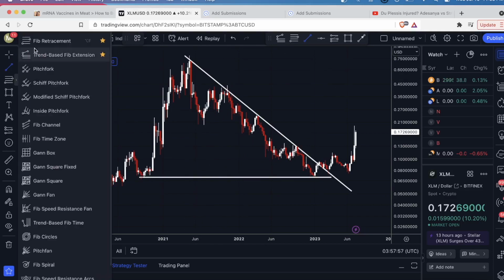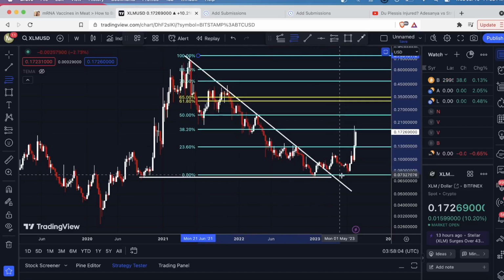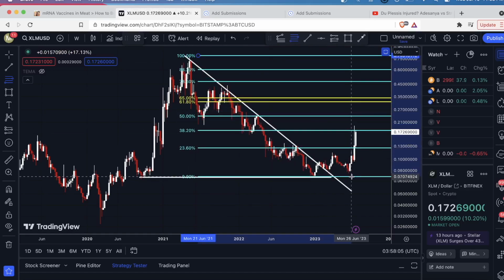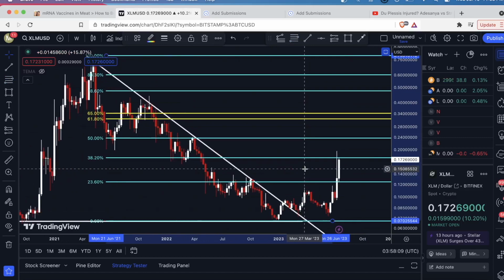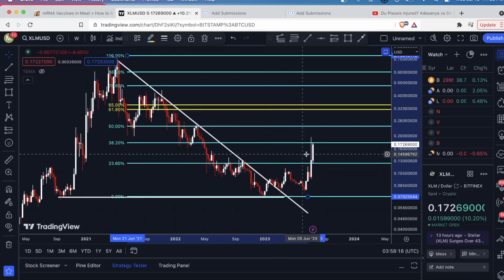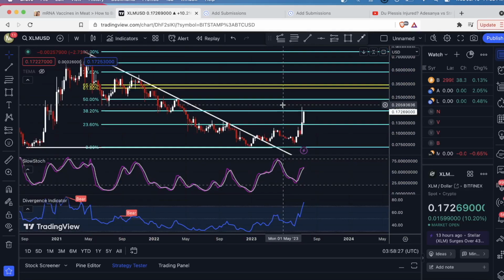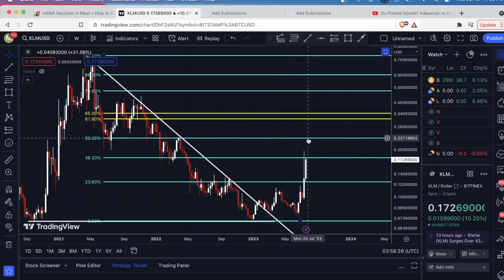The first thing I want to do to find a potential target is take a Fibonacci, and I'm going to drag it from the swing high down here to the swing low. That's going to give us some potential targets. As you can see, right now we are currently at the 0.382, which coincides with this level of support here. But I almost think we're probably going to make it up here. Now this is just speculation, but we are showing signs of a lot of strength here. I would personally anticipate that we get up here to this 50% retracement level, and at that point,